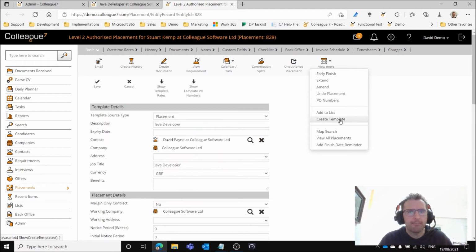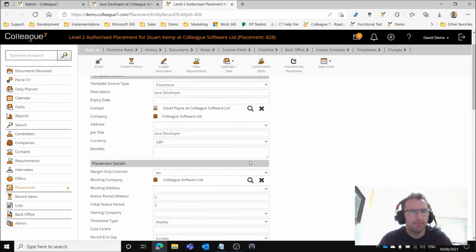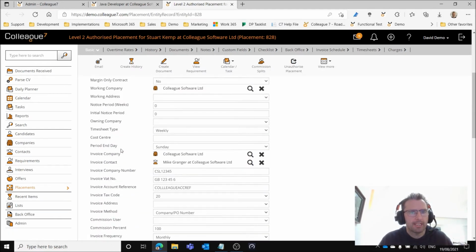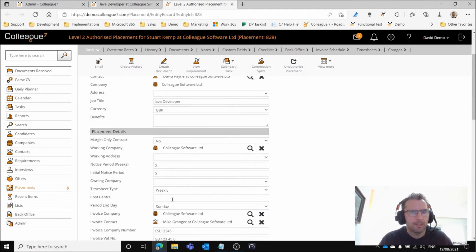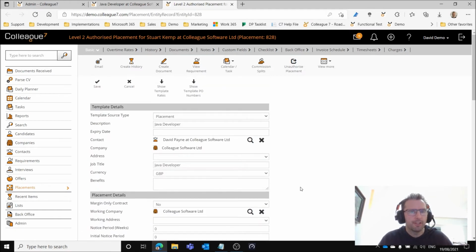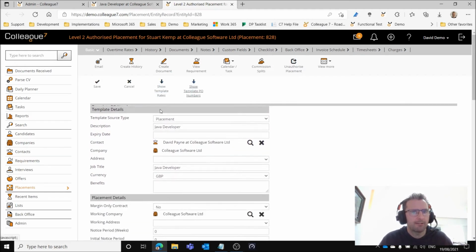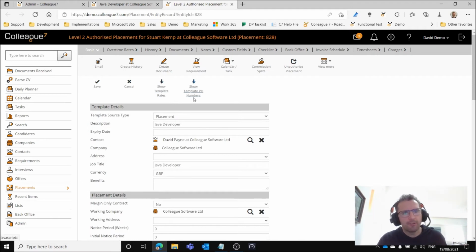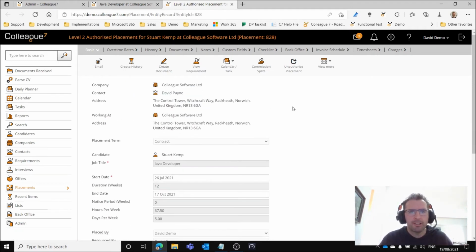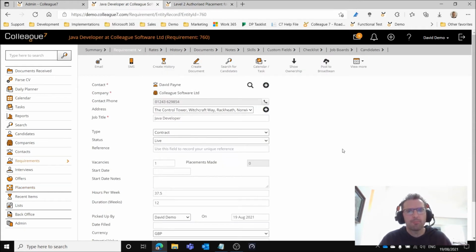When you hit Create Template, that draws the template form with the details of the placement being copied into the fields that you can then template, and that includes pulling through rates and pulling through PO numbers, and allowing you to add default rates and default PO numbers that are going to be associated with this template. I've already set one up against that placement, so if I just move on to now actually making the placement,